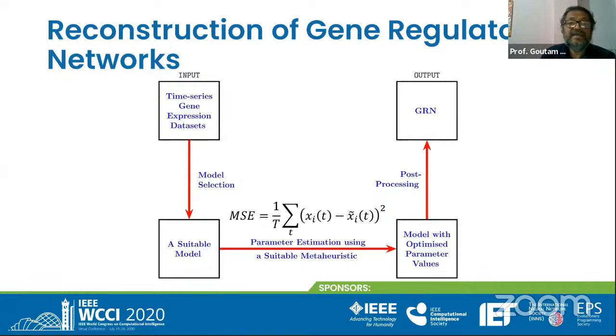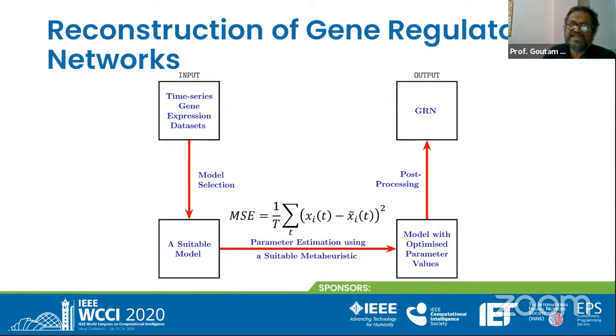including the latest different US laboratories supplies it, and also NCBI and other sources are there from which we can get the gene time series gene expression data. From the time series gene expression data, you have to fit it into a suitable model. What model? The model is RNN model or a S system model. We have used here RNN model. In this RNN model, it is a set of equations.